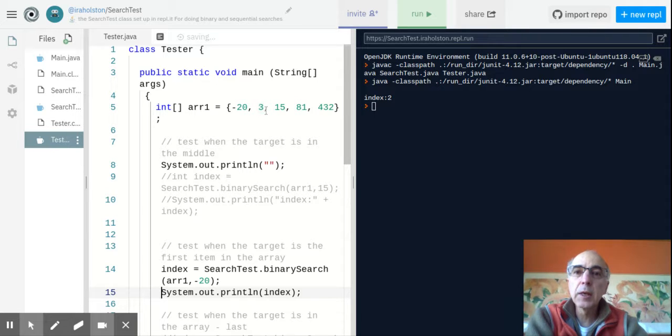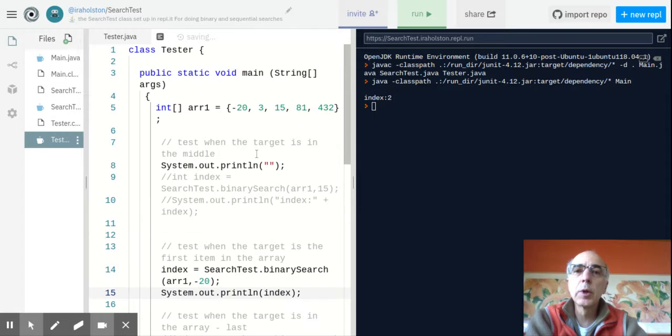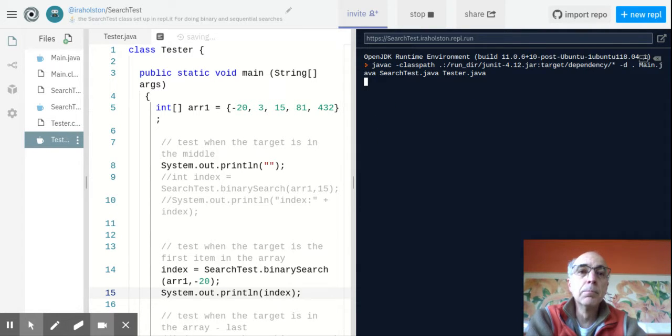That's why it's called a binary search. And so the second time through the loop, it's going to look at this 3. Oh, but negative 20 is smaller than 3. 0 plus 1 divided by 2 rounds down to 0. And then it's going to look for negative 20 to be at 0. And that's the only possible choice that's left, so it's either there or not there. And in this case, we hope when I run it that it returns 0